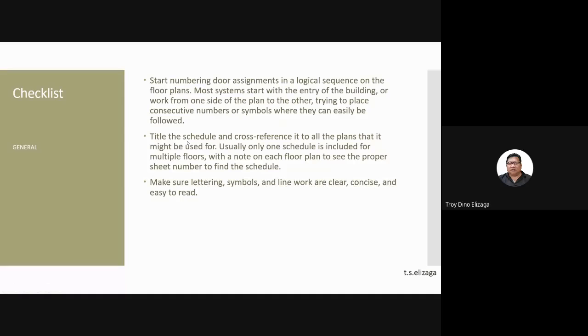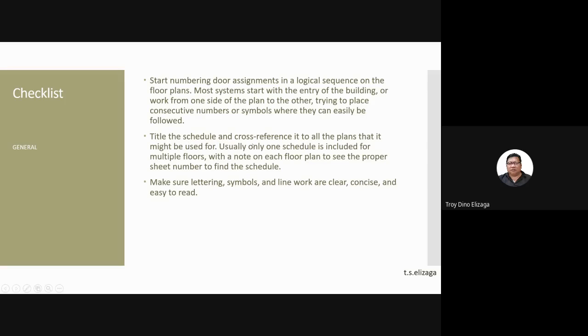It would be better, if there's a door inserted later on, to use a number like, if it's near door 2 or door 3, or in between door 2 and door 3, you can put door 2A, door 2B, 2C, instead of following the sequence of the numbers, no? So in between door 2 and 3, you might put door 100. So that will make it very difficult to locate.